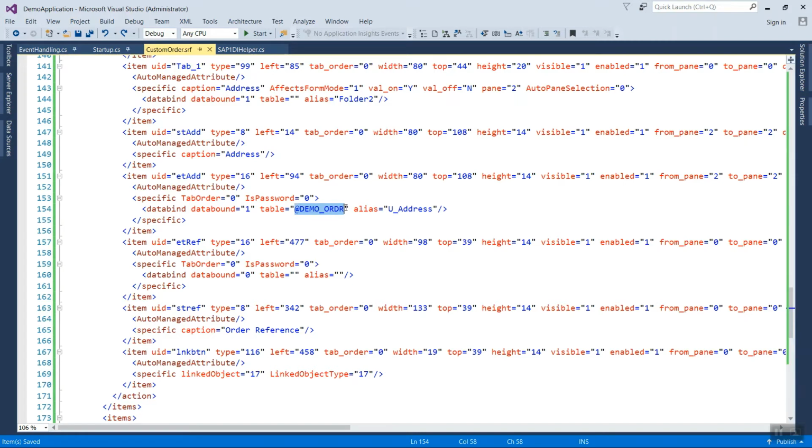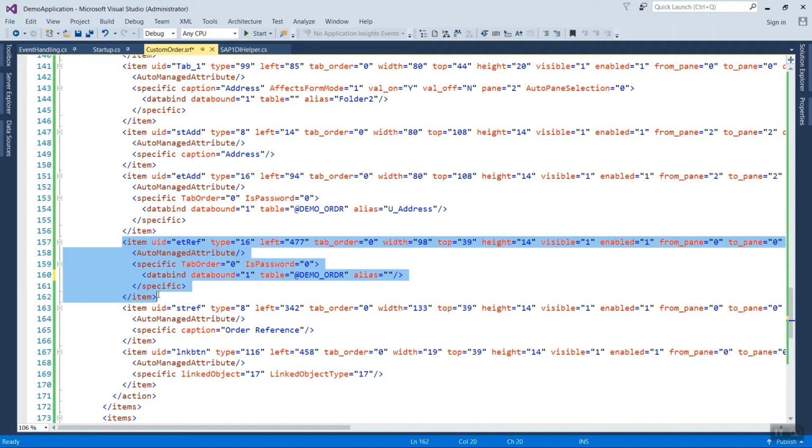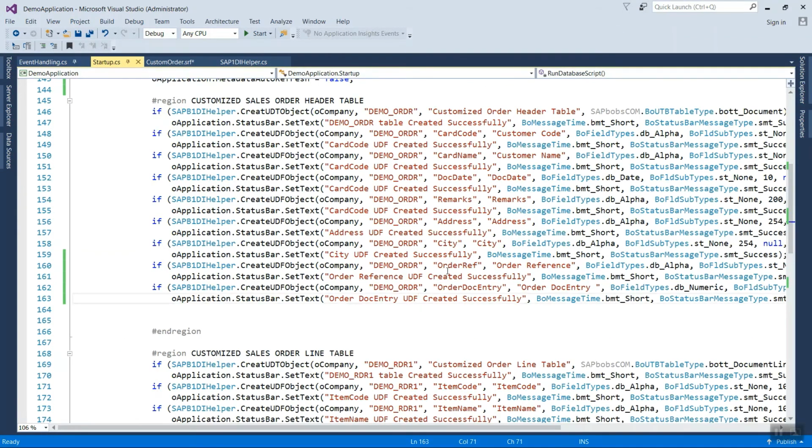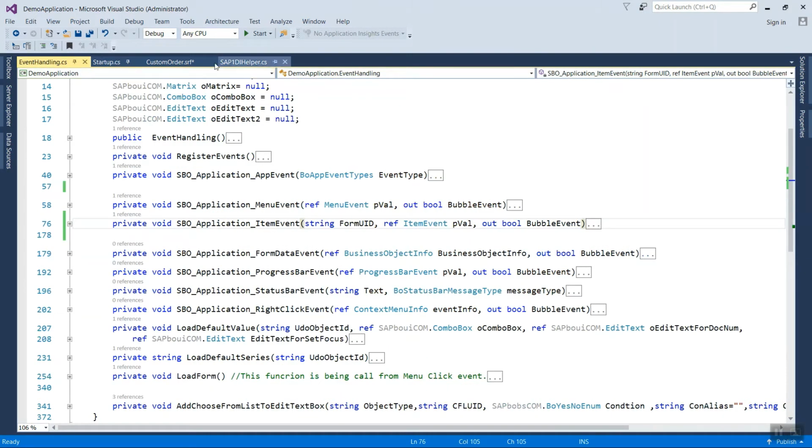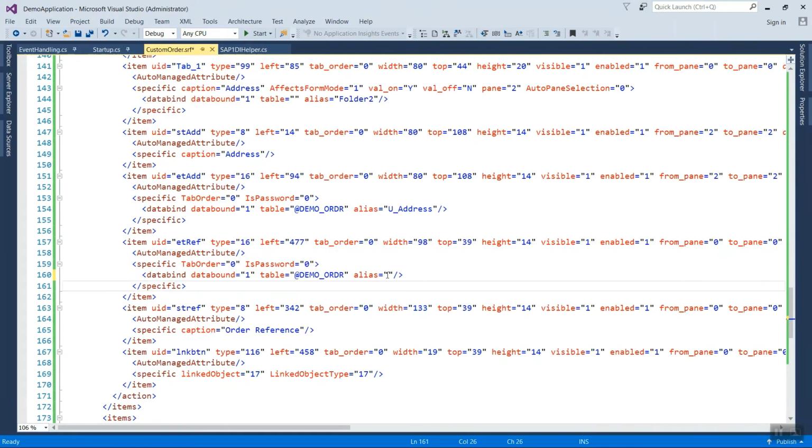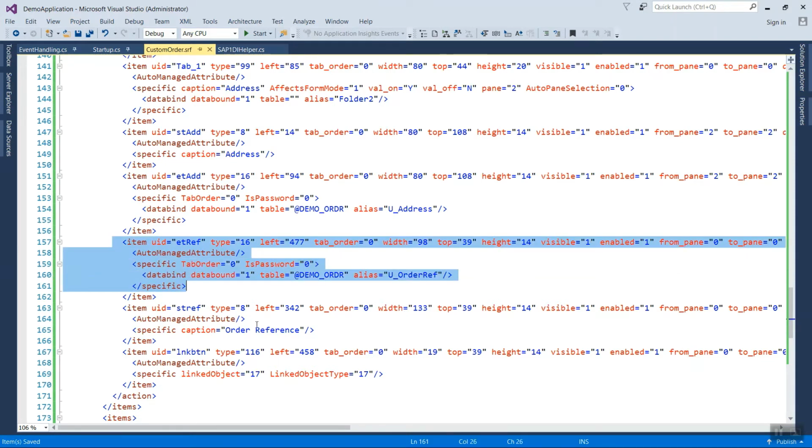I can copy easily from here and put it here for the order reference field, put here 1 and give alias. For this field I have already created a UDF, let me show you. So this is one of the UDO fields. So come to the SRF, U_order_ref. So we have bound this field with the UDF.